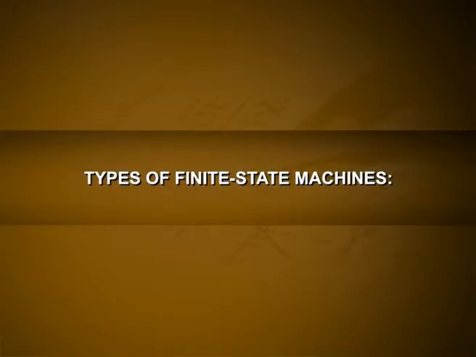Types of finite state machines. Many different kinds of finite state machines have been developed to model computing machines. In this section, we have given a definition of one type of finite state machine. In the type of machine introduced in this section, outputs correspond to transitions between states. Machines of this type are known as Mealy machines because they were first studied by G. H. Mealy in 1955. There is another important type of finite state machine with output where the output is determined only by the state. This type of finite state machine is known as a Moore machine because E. F. Moore introduced this type of machine in 1956.